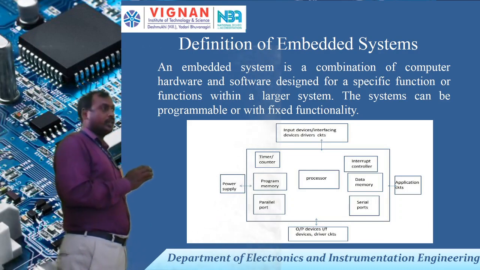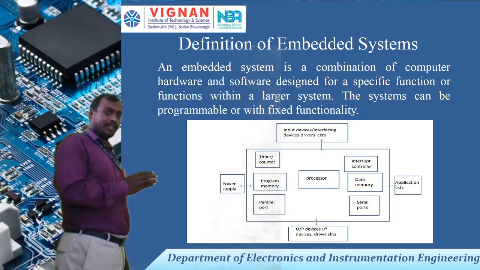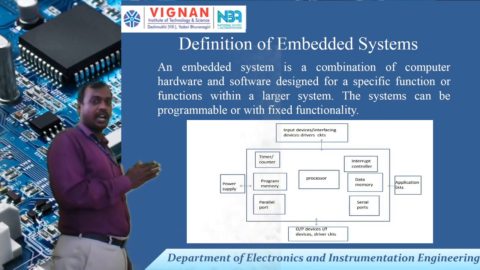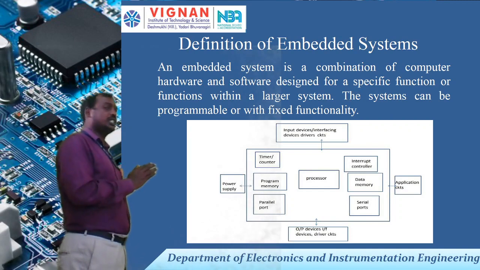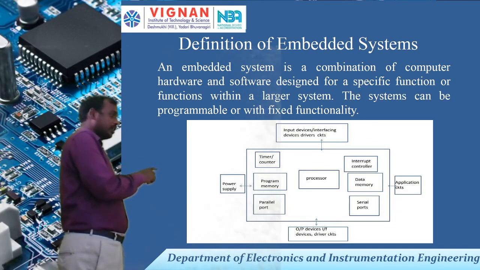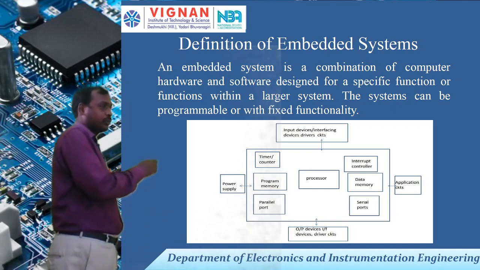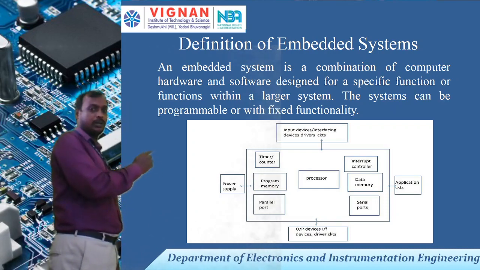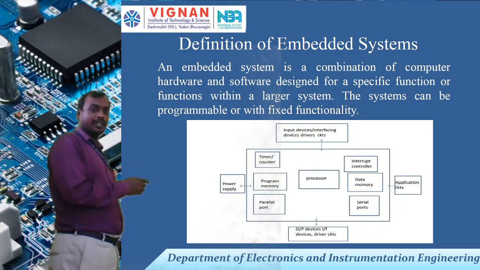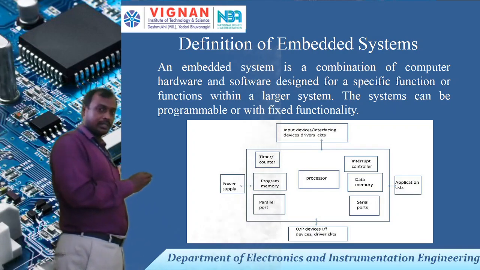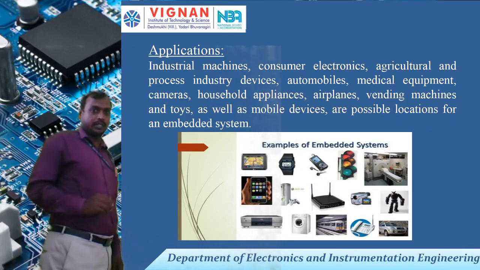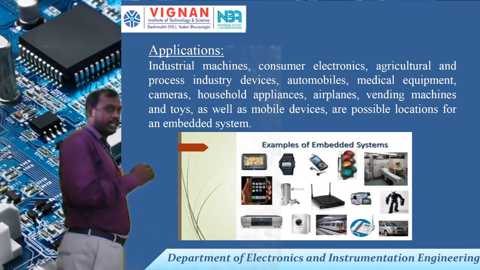And also here program memory and data memory are there. That means separate memories are there. Separate memory means it is a Harvard architecture. It is based on the Harvard architecture. It contains program memory and data memory, both separate. The program is stored in the program memory location, whereas data is stored in the data memory location. So next topic. That is the block diagram of the embedded system.